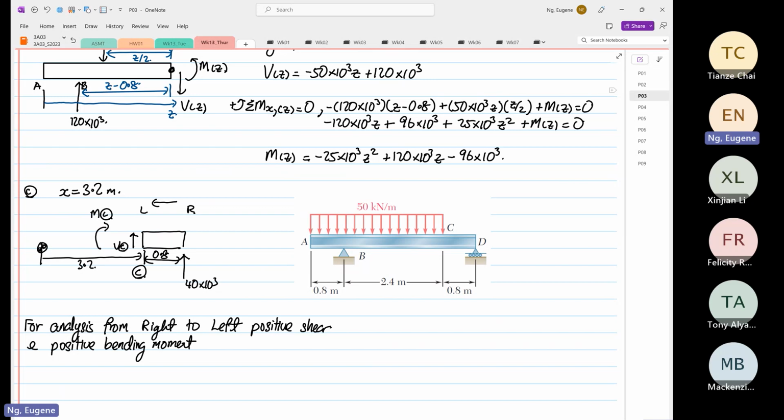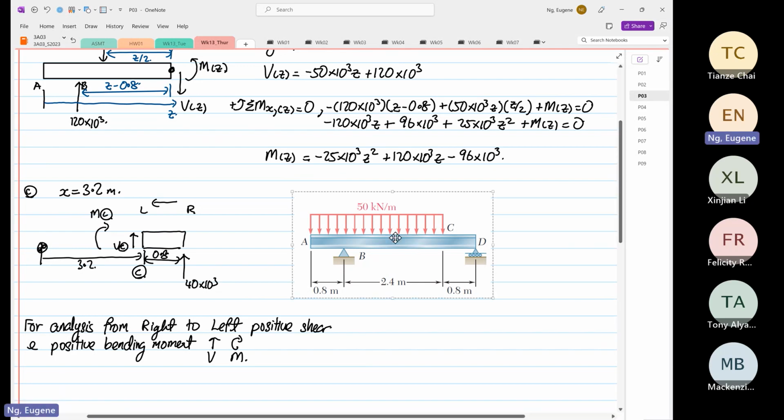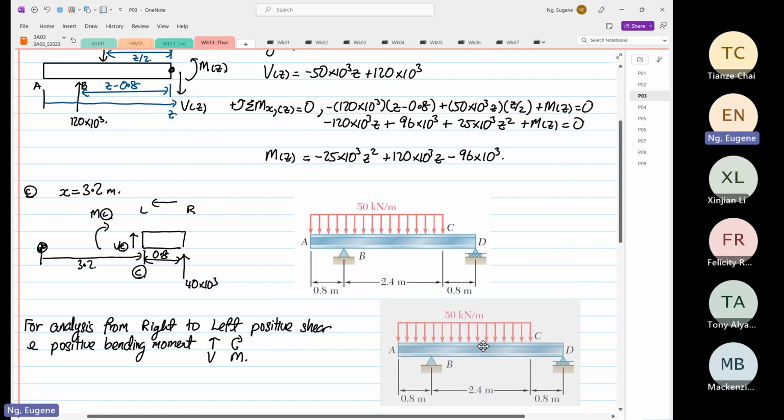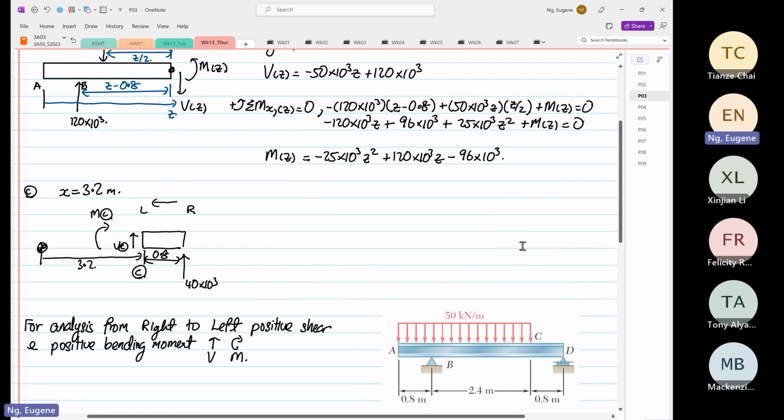Now it's going up, so V is going up, and moment is going in a clockwise direction. Okay, so this is the positive shear and positive bending moment assumption. Okay, so when this is the case, right, plus dimension